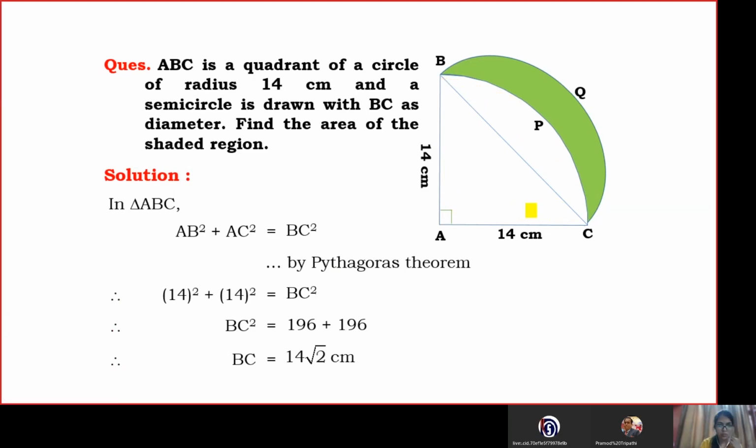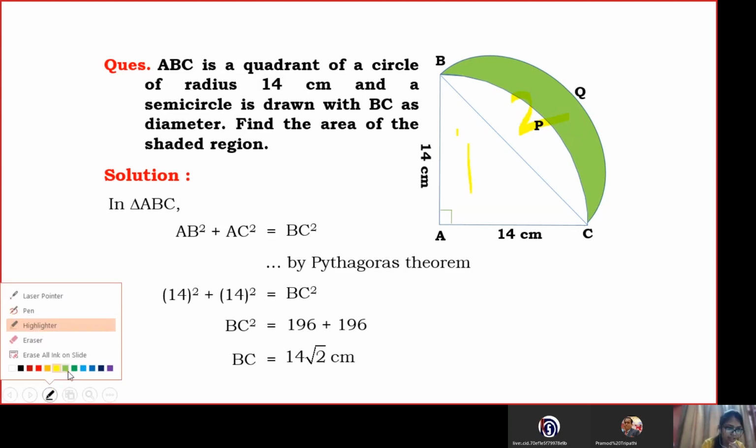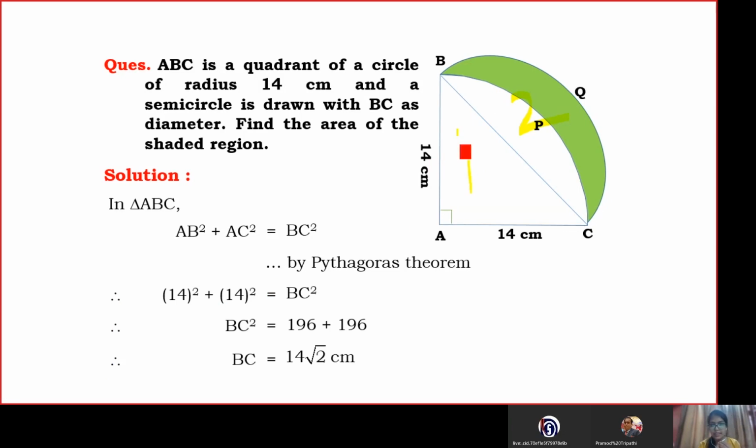Area of the triangle, plus area of the semicircle. I'm marking the semicircle as 2. And from these two figures, if I will delete the area or if I will subtract the area of the